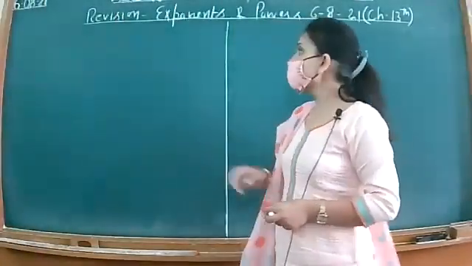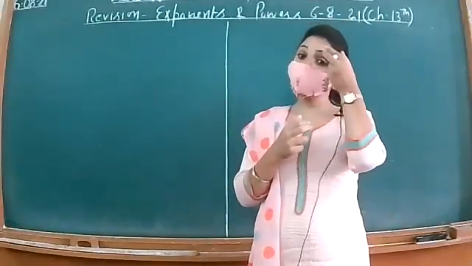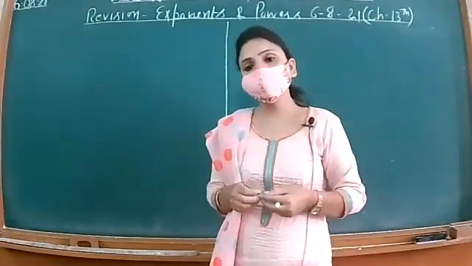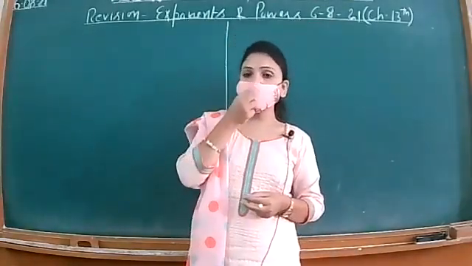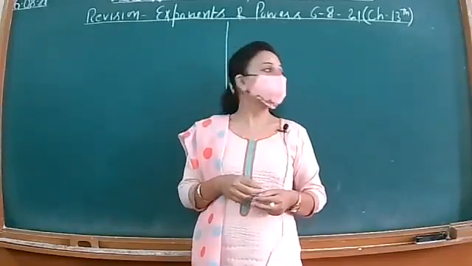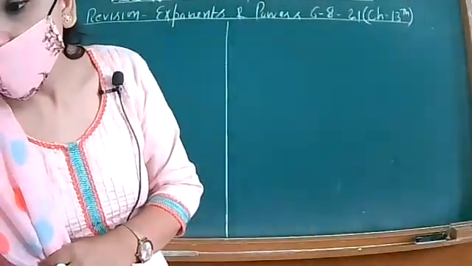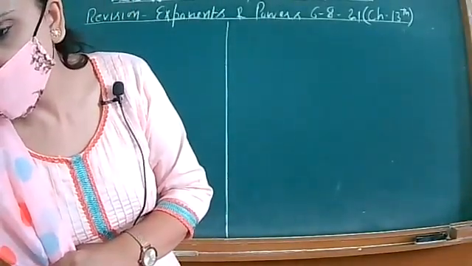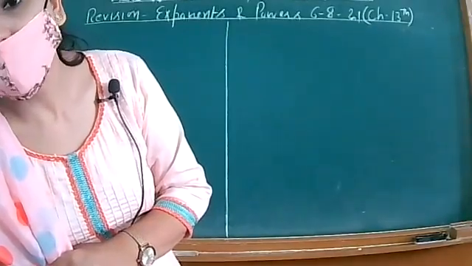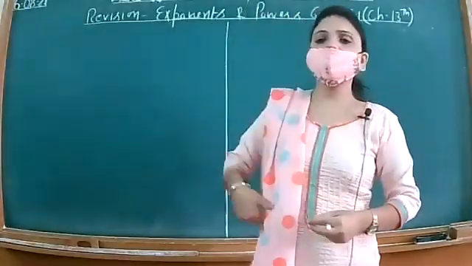So we have finished the revision of chapter number 9, rational numbers. One case study we have discussed and some MCQs we have discussed. So yesterday I put the same in the group. Hope you all have solved it. And moreover, 3 MCQs were left. I'm not going to take them right now. You can do it yourself. If any problem is there, you can ask, right? I hope that you have solved, all of you.